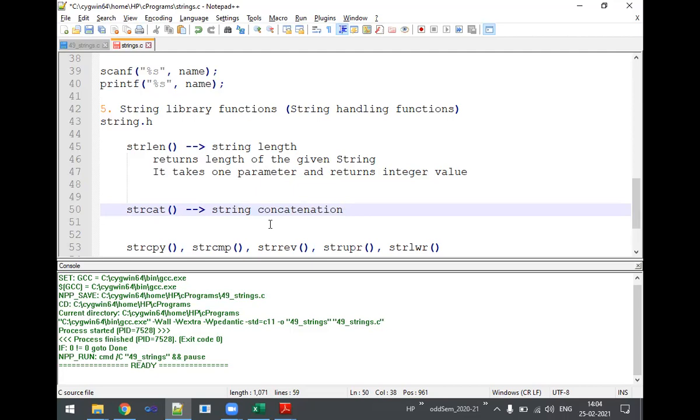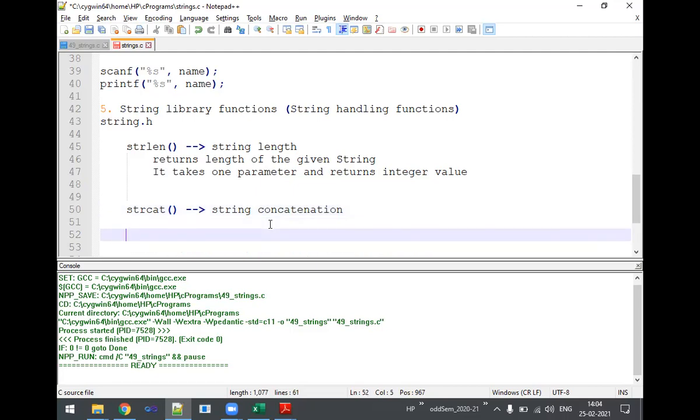Now, you said merging. Assume that there is one string str1 as hello, and another string str2 as world.